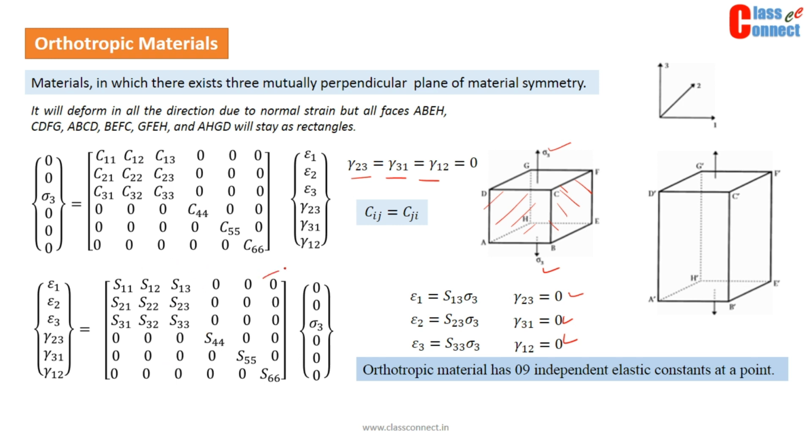This matrix that relates the strain and stress is the compliance matrix, and as in the earlier analysis as well, we are only applying sigma 3, so that is why sigma 3 is appearing there. All other components on the stress side are 0. And now we have reduced the unknowns from 21 for the anisotropic material to 9 for orthotropic material, and it was 13 for monoclinic material.